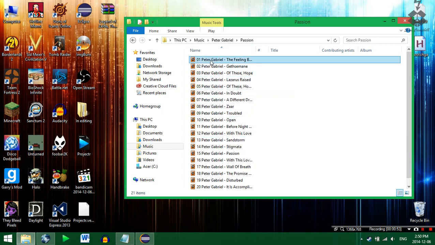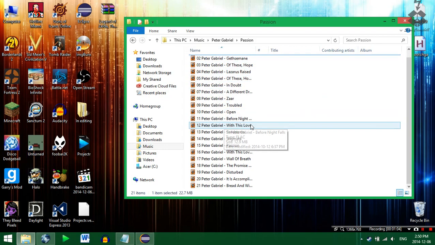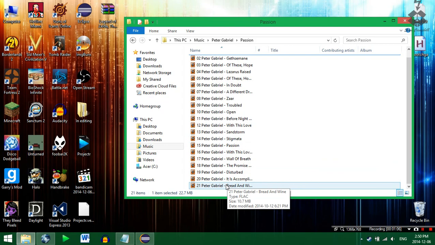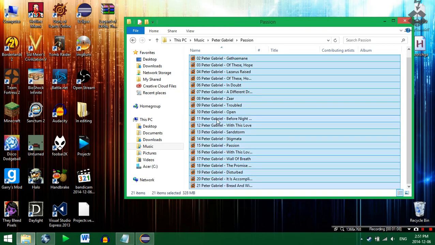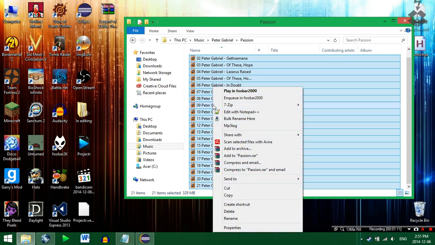Instead, what we're going to use is something called Bulk Rename Utility, and this is a very advanced utility, but once you get the hang of it, it's actually pretty simple. So what this does is you can simply select a bunch of files that you want. For instance, we've got these 21 right here. You can go ahead and select them all, right click, go to bulk rename here. It adds this little extra thing into your right click menu,